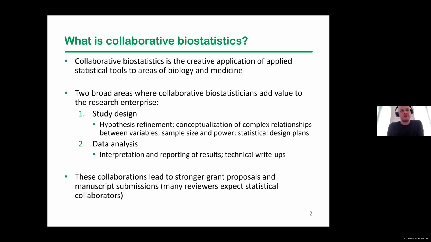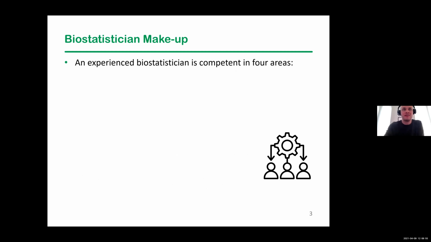So unless you're submitting a grant or a journal article to a very niche specific field, almost always reviewers are going to be looking for statistical support. So it's better to involve us as soon as possible, so we can help make sure that your research is as strong as possible and increase your chances for funding and/or submission acceptance of your journal, or I guess your manuscript, if I can talk.